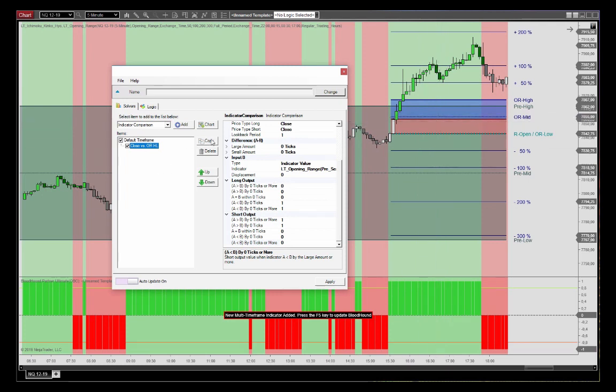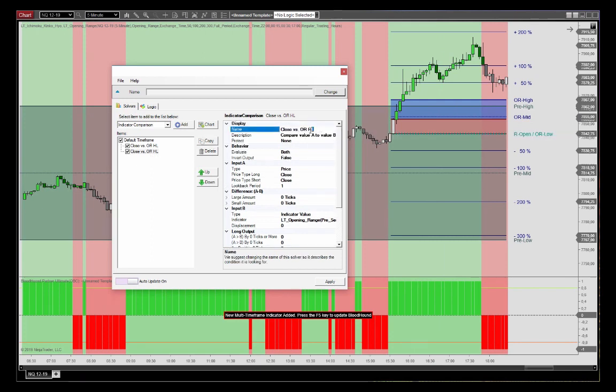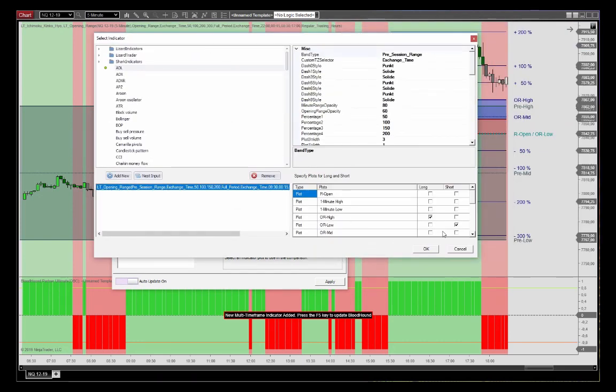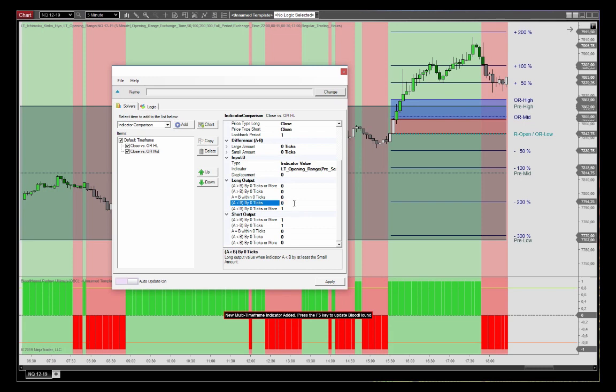So we can just copy this here and then rename it to reference the opening range midline. And then I grab that data series here, or plot rather. And then for long, we want the close to be above the midline. And for shorts, it needs to be below the midline. And then we can